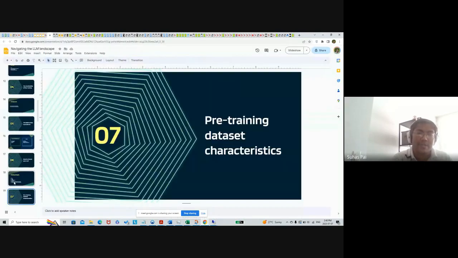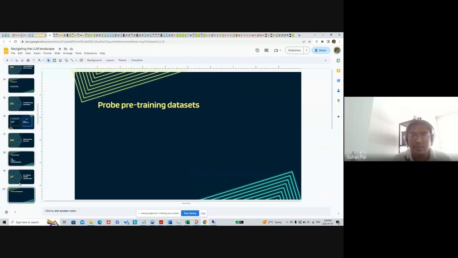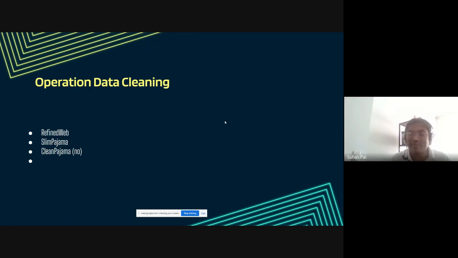The other thing is whether they have cleaned their data in a particular way. Recently, you have seen many models that have said, okay, we have come up with a better model, and the difference is that we have cleaned the pre-training data set more rigorously. An example being RefinedWeb, which is basically the data set